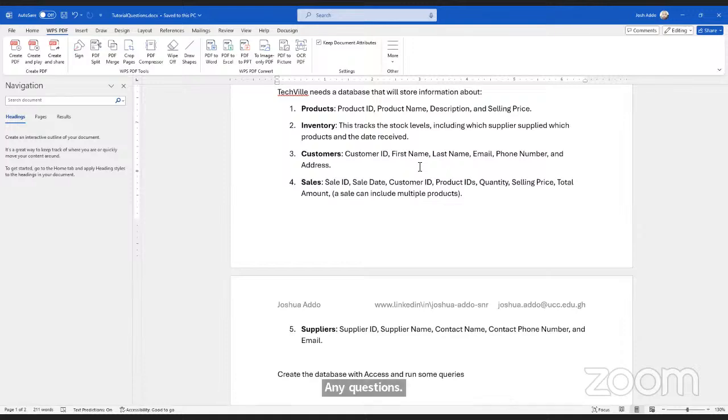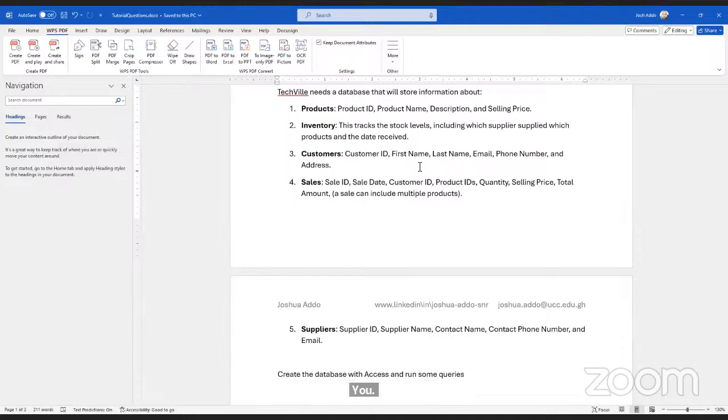Okay, no questions. So silence means no question. So, sir, with something like this, are we to go by the SQL, or you can go by the straightforward table creation?